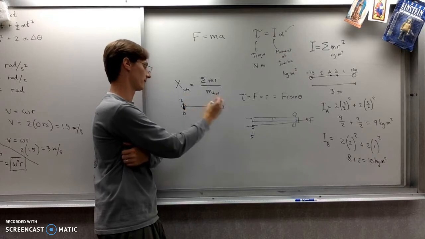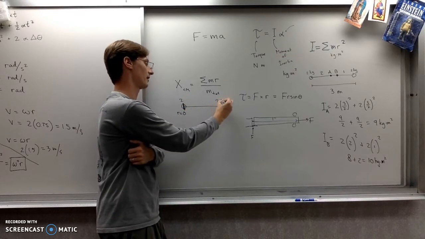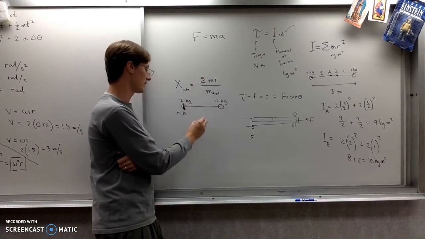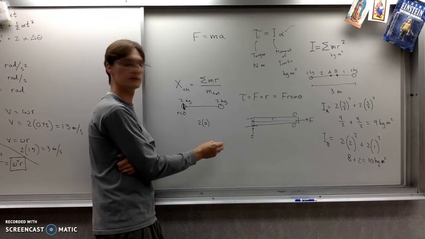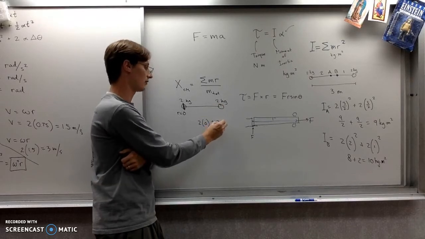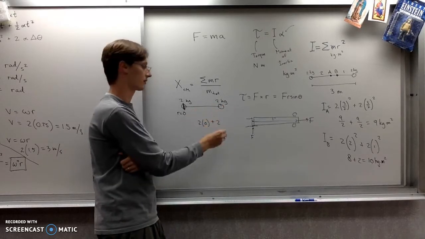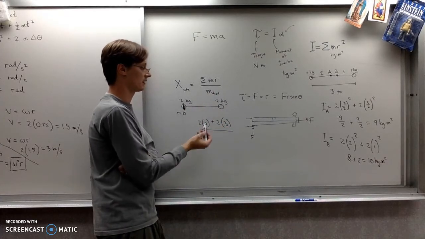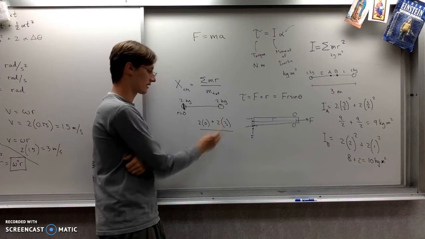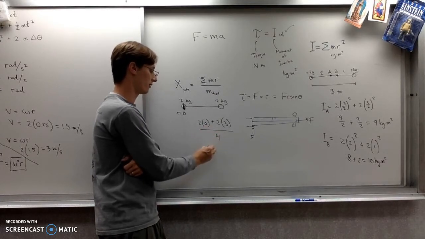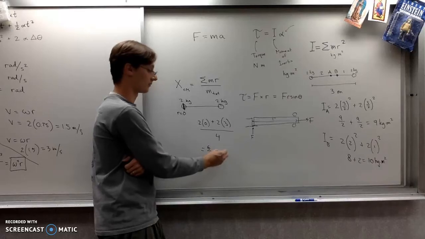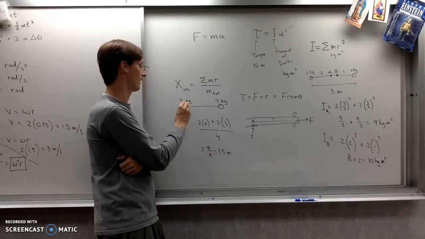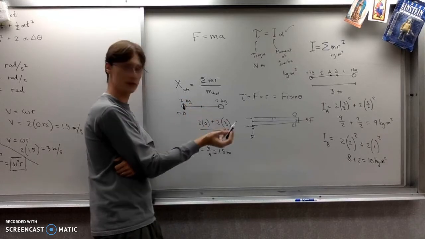So here's my origin, r equals 0. I got my 2 kilograms there, my 2 kilograms there. For this one, mr would be 2 times 0. All right, for the other one, it would be 2 times, we said the pole was 3 meters long, so 2 times 3 over m total is 4 kilograms. So that gives me 6/4, which is 1.5 meters. In other words, the center of mass is 1.5 meters from this end, which is the very middle of the